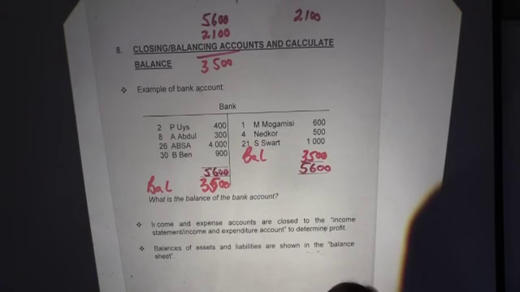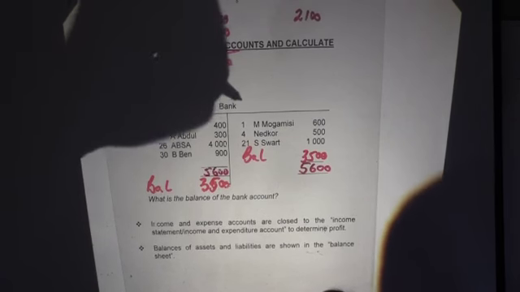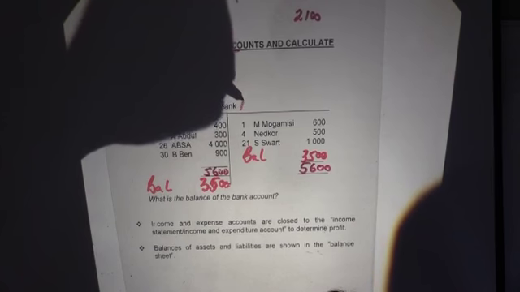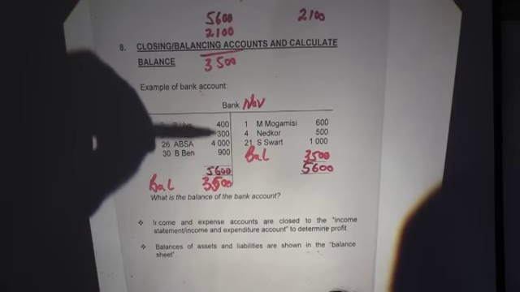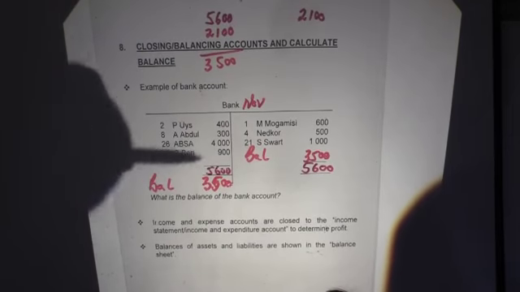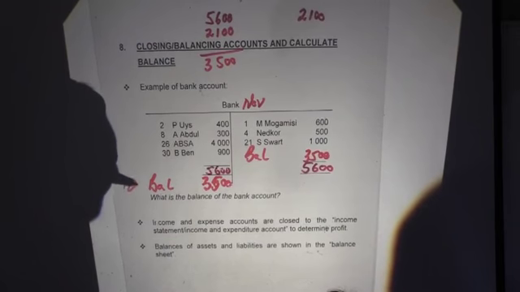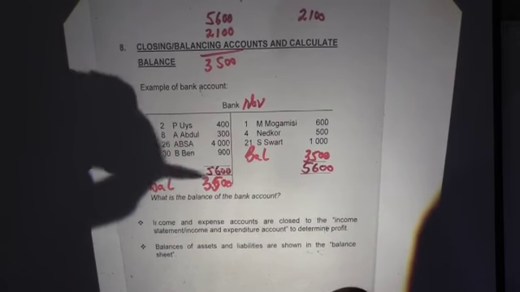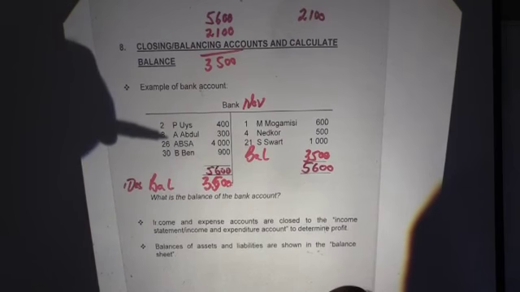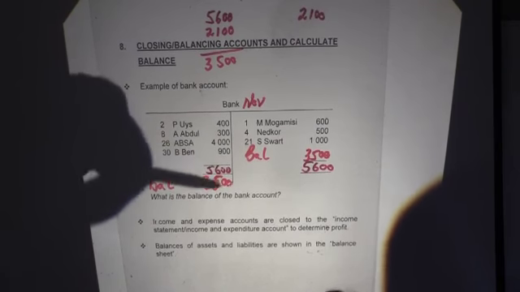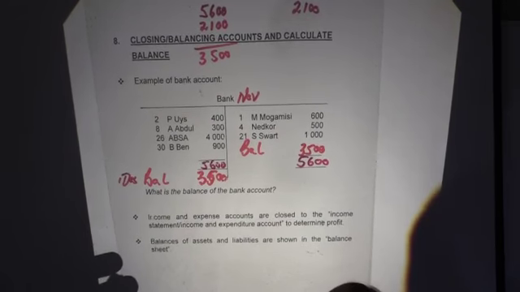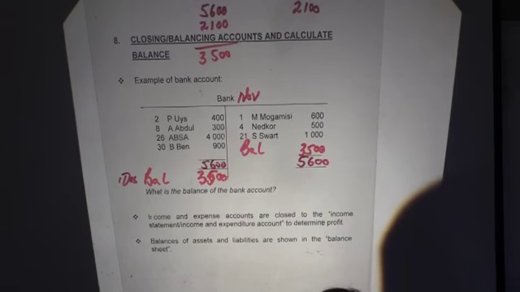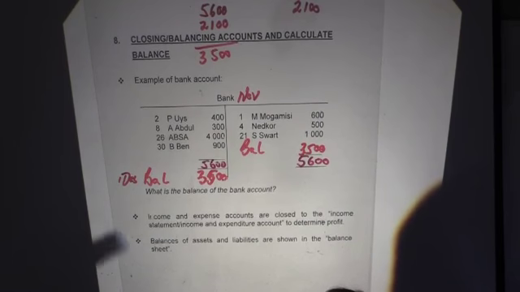So if, for instance, this example of the bank account was for November of this year, for November we've got these transactions, and now on the 1st of December, our opening balance for our bank account is 3,500 rand again. So at the end of the month, normally we will balance off all these accounts. Just for background purposes, it's actually not a thing that you will be examined on, but just to complete this,